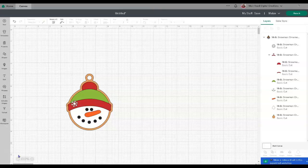You can try to use the deep point blade with Cricut Explorer Air 3 and whatever other machines take the deep point blade. I'm really not sure off the top of my head, but if you have that, you can try it as well. I did try the deep point blade and I wasn't a fan. It just got really rugged edges, but whatever works for you, whatever works for your machine, I say go for